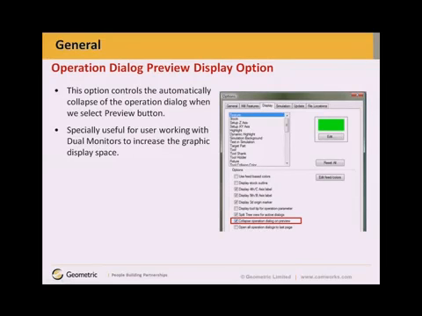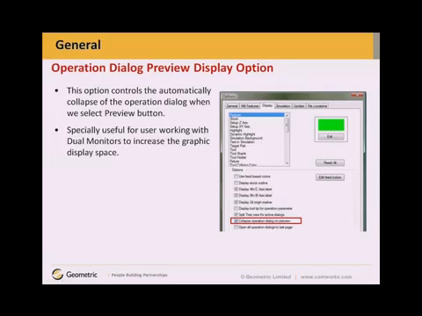Prior to CAMWorks 2010, while you are in an operation dialog and a parameter modification is made, once you click on the preview function, the operation dialog box would collapse. Some of our users do not want the automatic collapse when preview is clicked. So for those users, a new control has been provided in CAMWorks Options Display tab, which will control the automatic